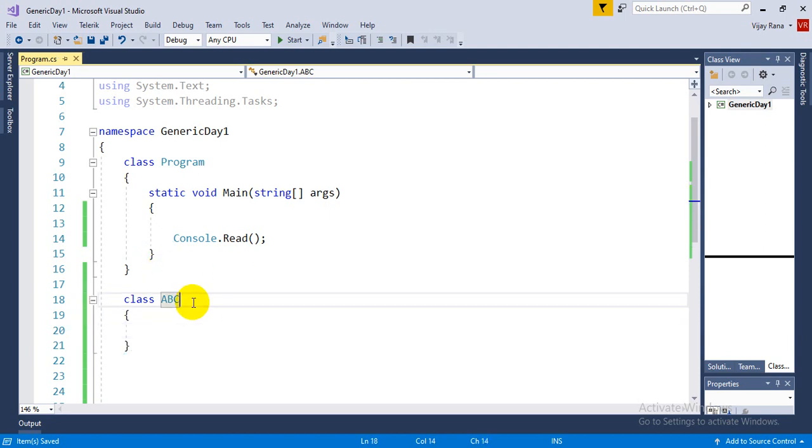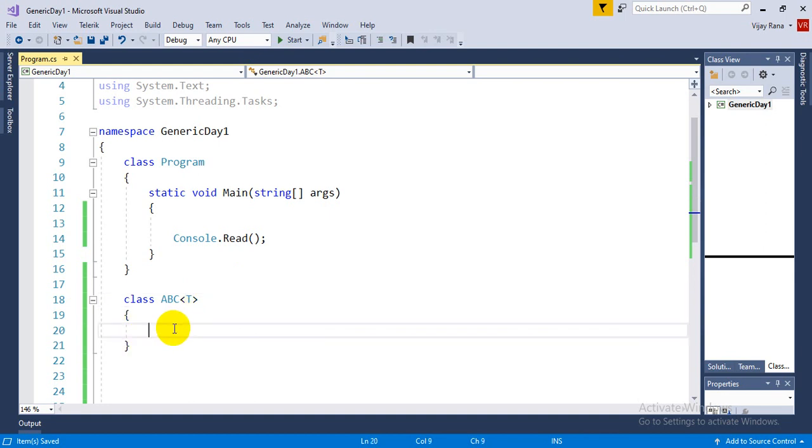What I'm doing here is just declaring a generic class. So I will use the angular bracket and I need to pass a placeholder name. We already discussed we can provide any name to my placeholder. Usually we pass T, but it's up to you. You can pass any name, whatever you want. There is no limitation at all. I am passing T because T stands for type or template. This is the standard, that's why I am passing it.